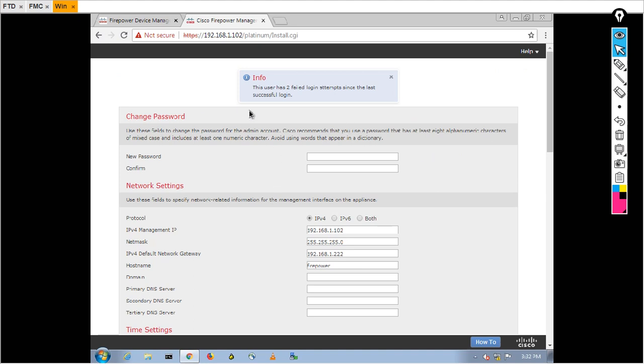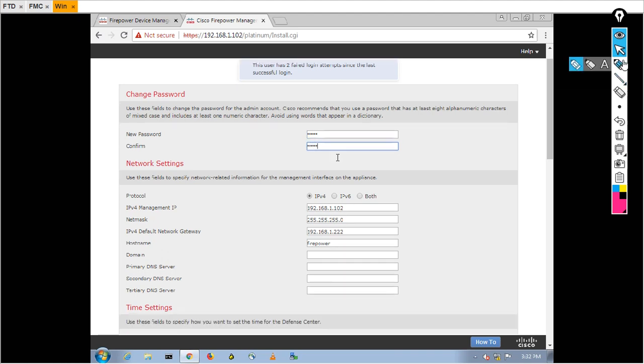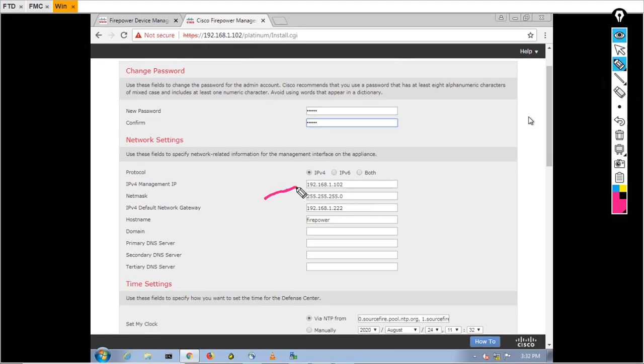Now I am going to change my password. My new password is FMC123. Confirm, FMC123. And here you can see I can change my management IP address, also netmask and default gateway, and we can change here IPv4, IPv6 and both.